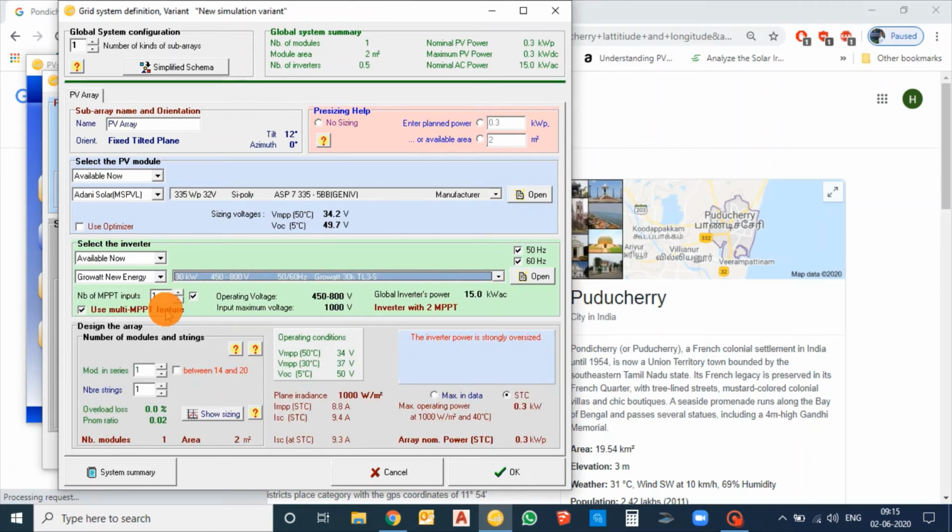I'm just unclicking the MPPT; the number of inverters will be 1. You can have a maximum of 20 modules in series. And MPPT is just 2 MPPT, with a maximum of 4 inputs.